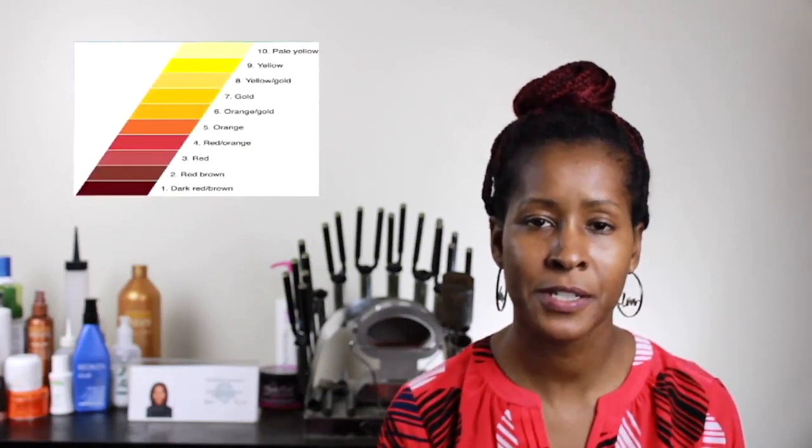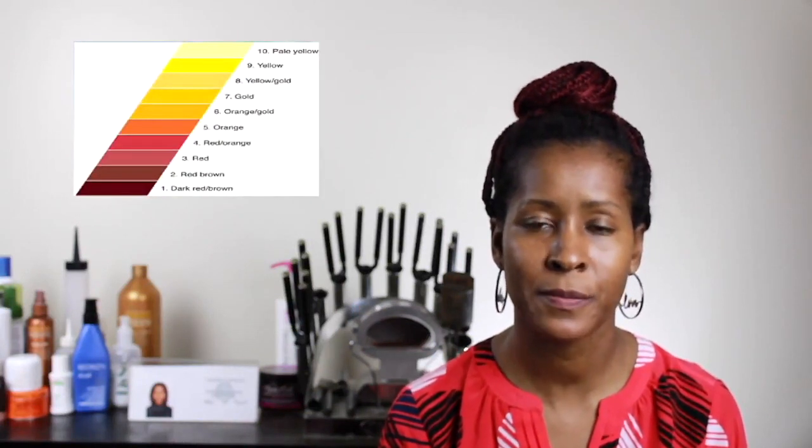Now, there are 3 things that I always have with me, whether I'm doing a pre-lightening bleach service or a color 4 or 5 levels lighter, whatever the client wants. I'll have the 10 degrees of decolorization chart, the hair color wheel, and my hair color finder. What these three things are going to help you with is, 1, the color finder helps you find where